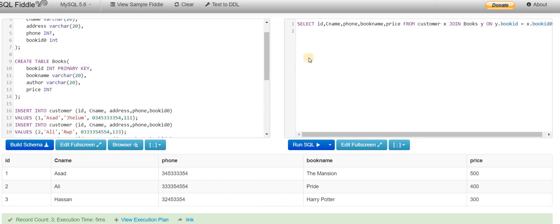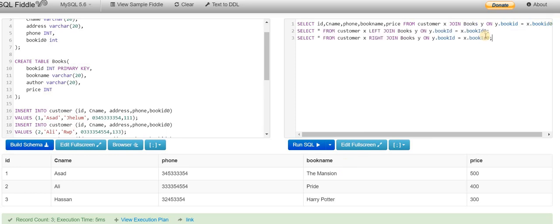So अगर मैं सिर्फ left side के table में interested हूँ, what that means is the attributes on the left table, for example सिर्फ customer table which is on the left side, सिर्फ उसके attributes में interested हूँ and I don't want any attribute from the books one, I'm going to use the left join. But अगर मुझे right table में interest है और I need the data from the right table which is the books table, so I'm going to do a right join and I'm just going to use the data on the right table.